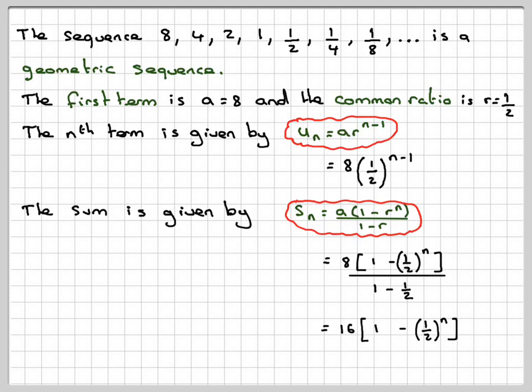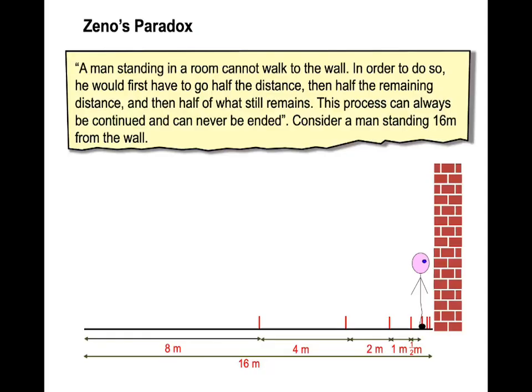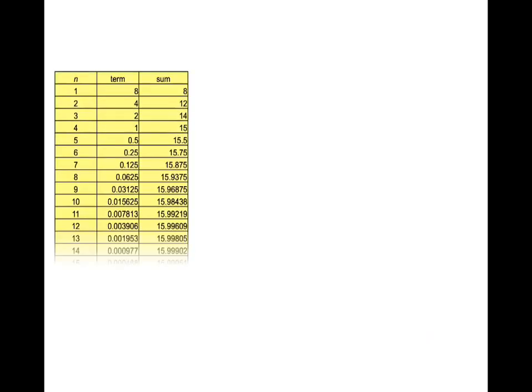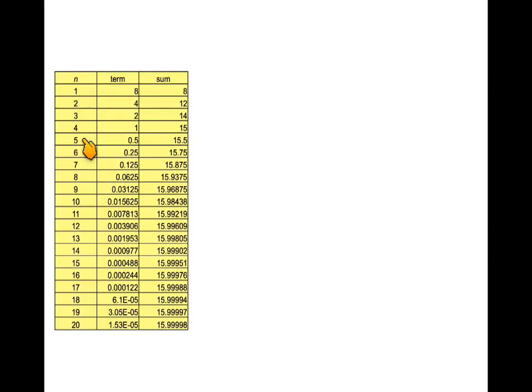Now let's see what happens here. So if we go back to this animation, obviously if it carries on, it gets too difficult to actually animate it anymore. But if we now look at this table, here we have the term numbers 1 to 20. This obviously can carry on, there's a lot more than 20 terms. This is the actual term number. So the first time he travels 8, then he travels 4, then 2, and then 1, a half, a quarter, 1/8, 1/16, etc. This here is the sum of each of these terms. So this will be 8.